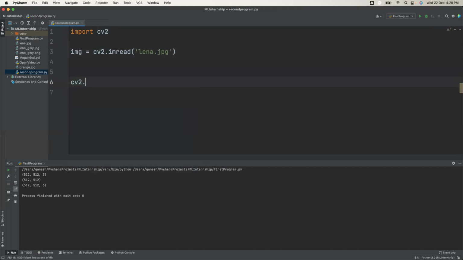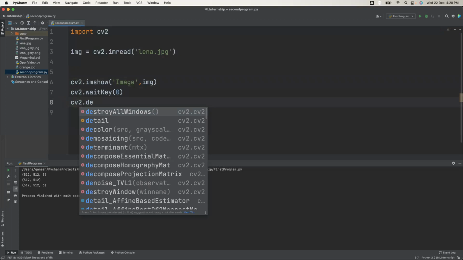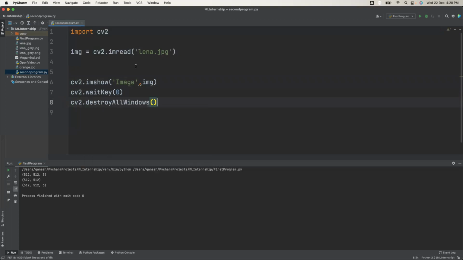So cv2.imshow, the window name is suppose image, and img, and after that cv2.waitKey(0), and the last one is cv2.destroyAllWindows(). Just type this code.